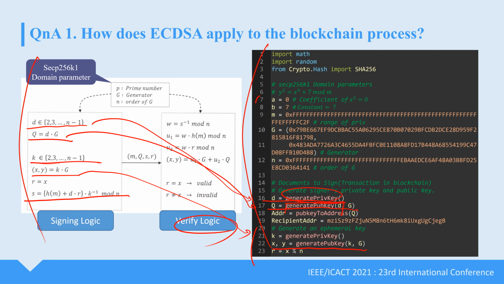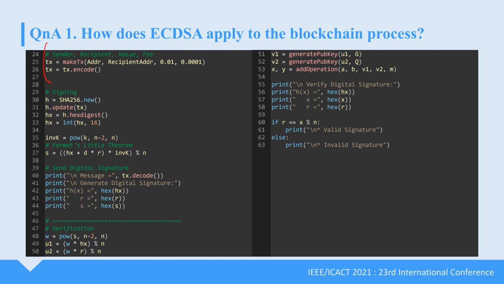Line 7 through line 12 represent the domain parameters of secp256k1. The signing logic starts at line 16 and has already been described earlier. Line 25 is code that generates a transaction in which the sender sends 0.01 coin to the receiver. The fee here is 0.0001 coin, and it is assumed that a large amount of coin exists in the sender's